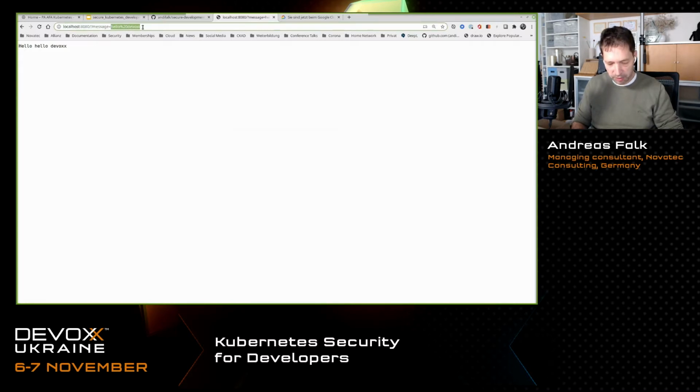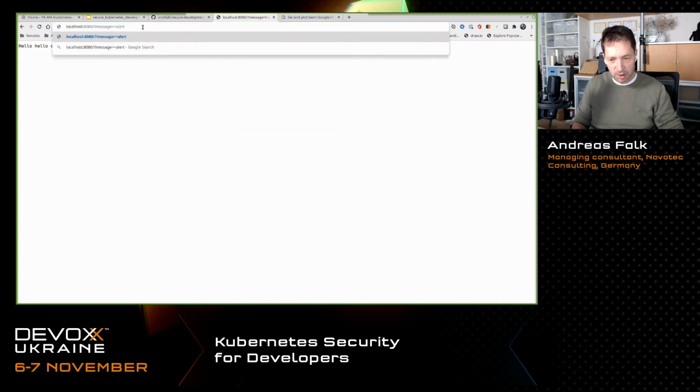But you could also, for example, try to put some script inside here, the typical cross-site scripting attack that is used in input fields or in URL parts.